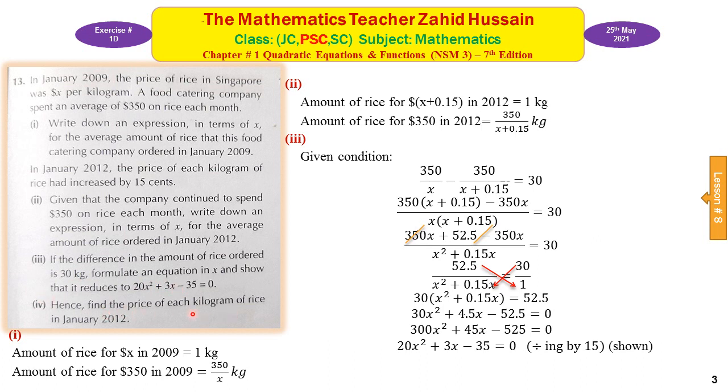Hence, find the price of each kilogram of rice in January 2012. The price of each kilogram of rice in January 2012 is x plus 0.15. So we need x to find the price of 1 kilogram. We will solve this equation